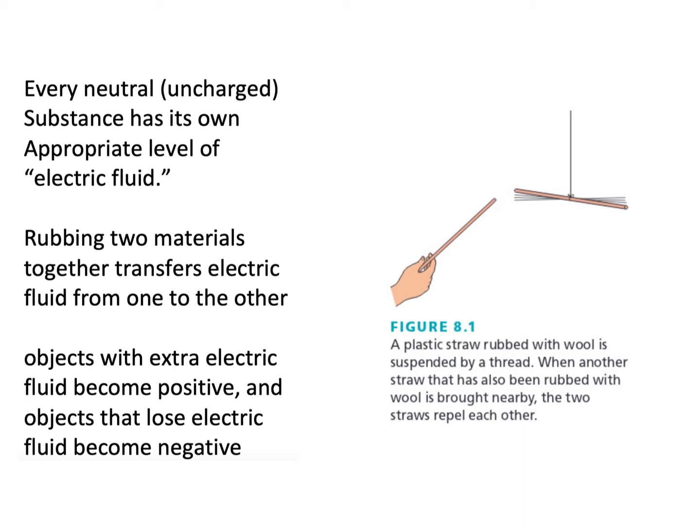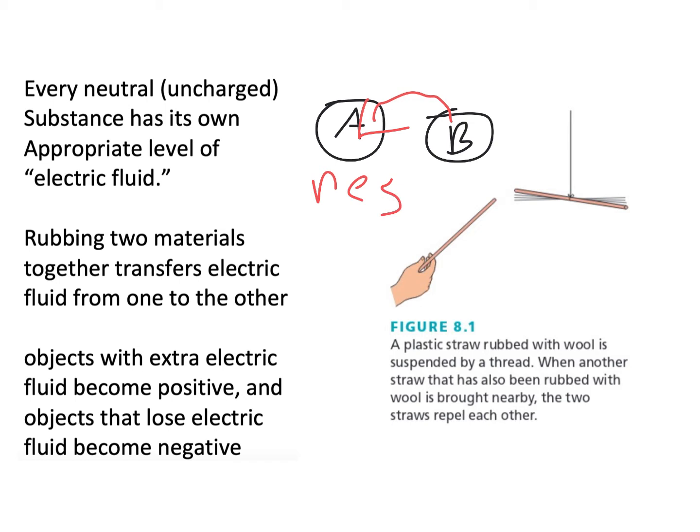Now, what he imagined was that by rubbing these objects together, you were transferring some kind of fluid. So you've got two objects, and these objects are not charged. There's no kind of excess charge on them. But when you rub them together, what Franklin imagined was that there was some kind of fluid that would transfer from one object to the other object. And that would make this object negative because it gained electrical fluid, and the object that lost the electrical fluid now has less negativeness, and so it becomes positive. And so this is how Franklin imagined the process of charging.